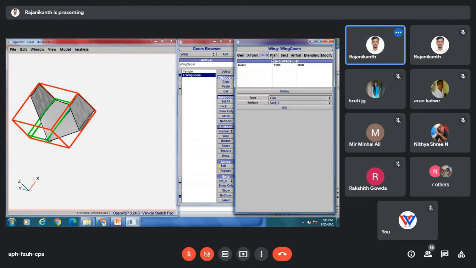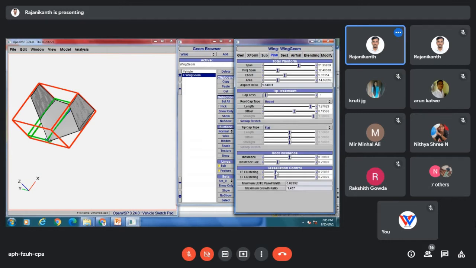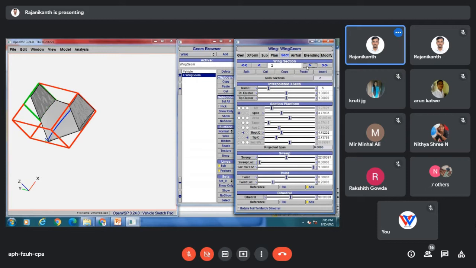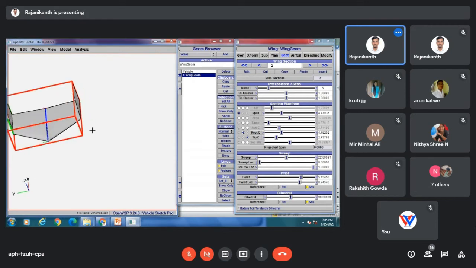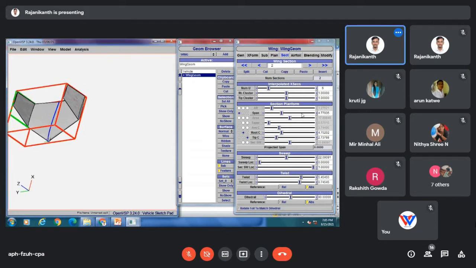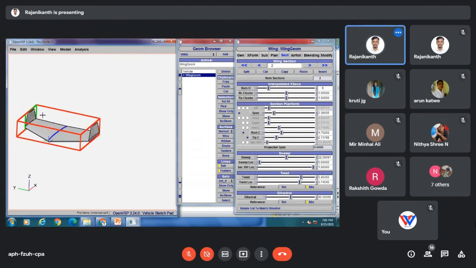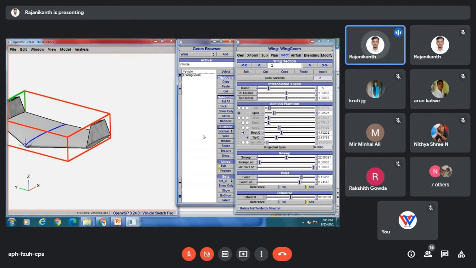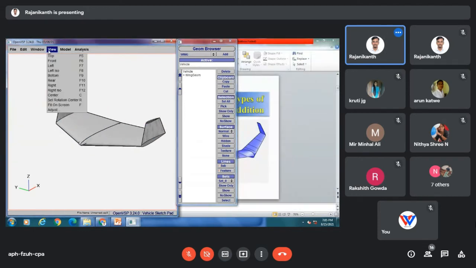Here we have number of tessellations. You can decrease also, no problem. So this is our blended wing,